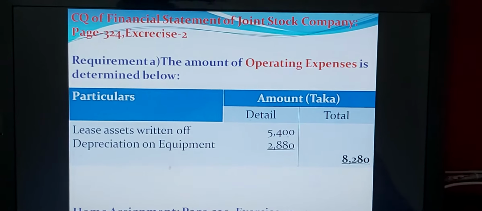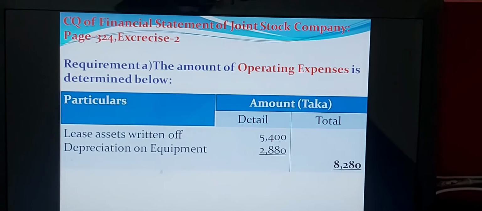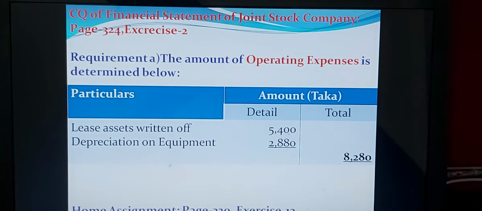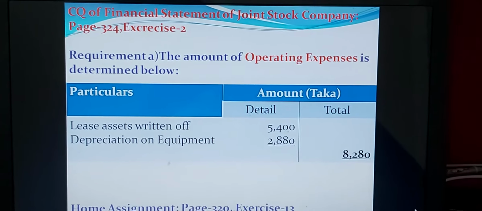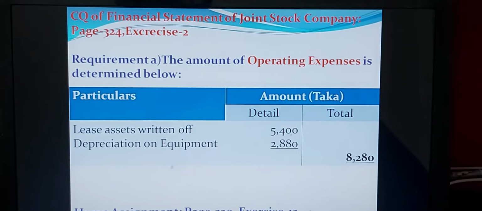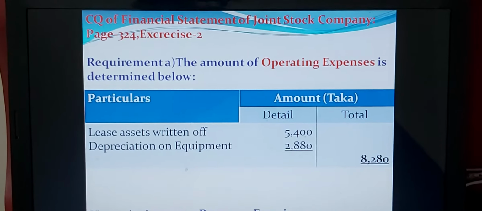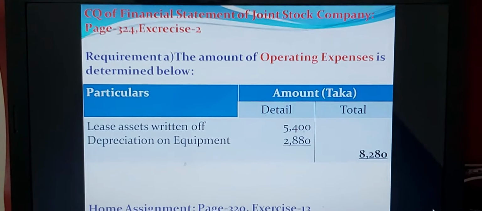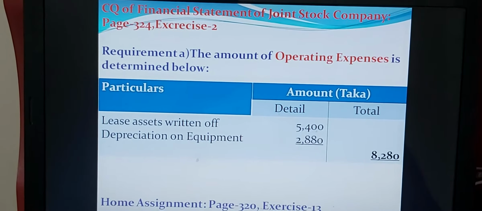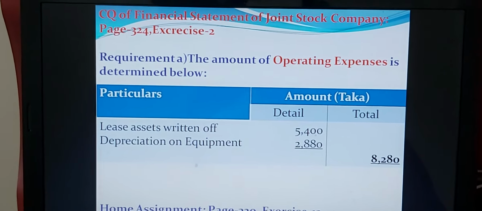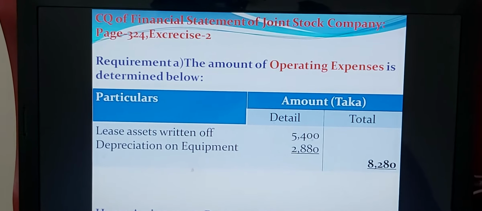Okay, dear students, I think you have drawn 3 formats for 3 requirements. Requirement A, the amount of operating expenses is determined below. In particulars, you have to write lease assets written off. This item is one kind of adjustment. In trial balance, you are seeing